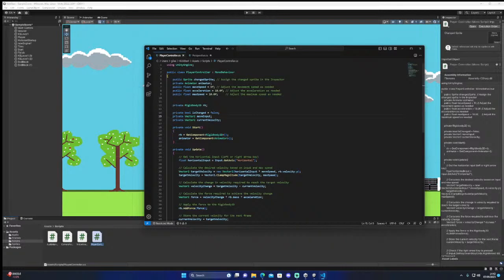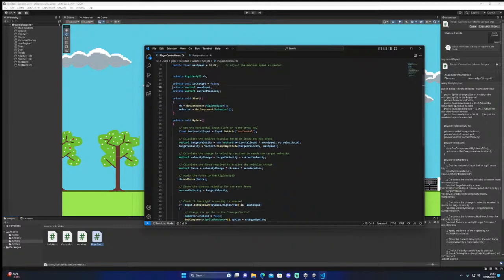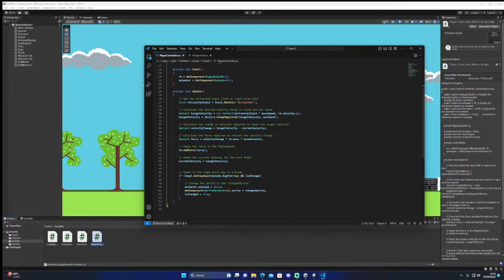Okay. Move input. Key down. Animator. Change. Fine.